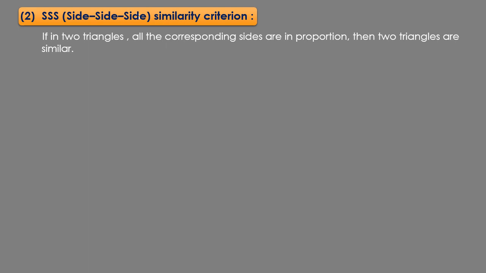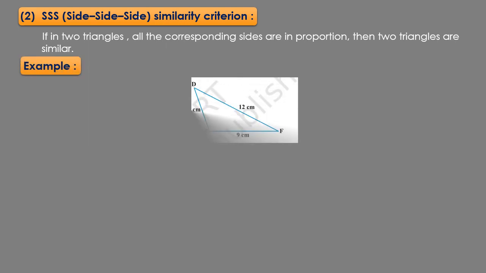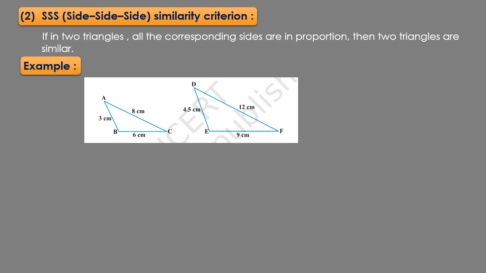So even if we show that all the corresponding sides of the given two triangles are in proportion, then given two triangles are similar. Let us take one example to understand side similarity criteria. Let us consider the figure first of all. We have given triangle ABC and triangle DEF. The measurements of all the sides are already given. Now let us consider triangle ABC and triangle DEF. We are going to show that all the sides of the given two triangles are in proportion. We do not have any information about the angles. To show that all sides of given two triangles are in proportion, we will take the ratios of the corresponding sides. So first of all, let us take ratio of AB upon DE.